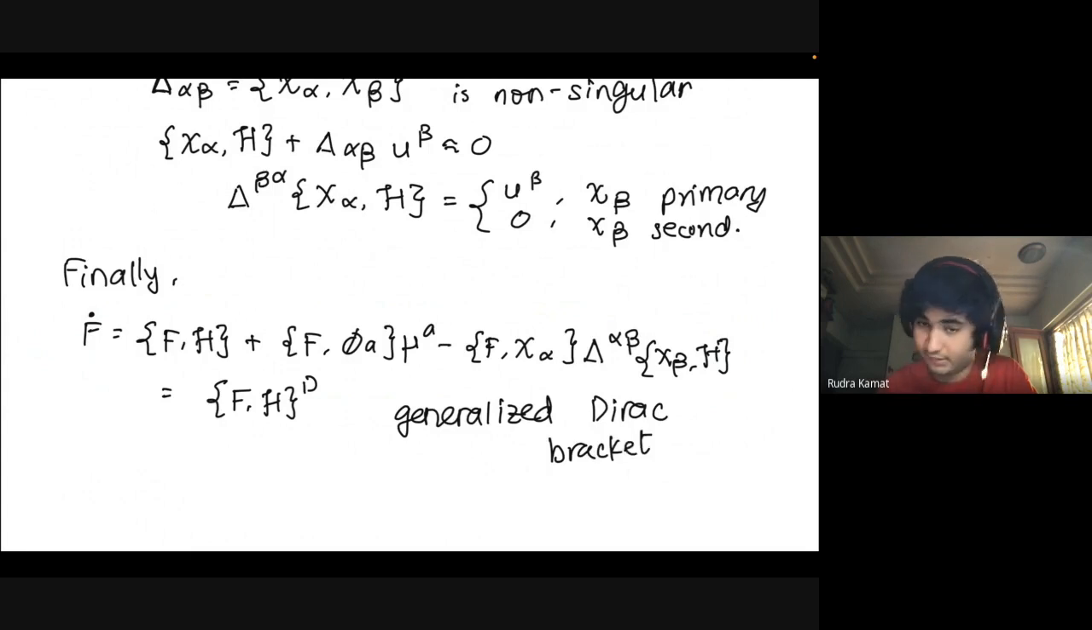There's lots of brackets in physics. There's the Lie bracket, there's Dirac bracket, a Poisson bracket. So yeah, names are important. However,